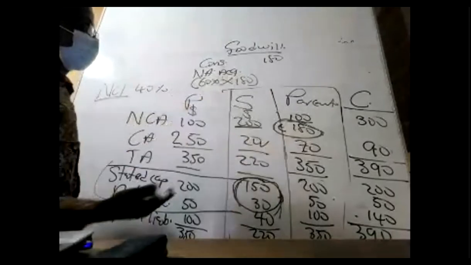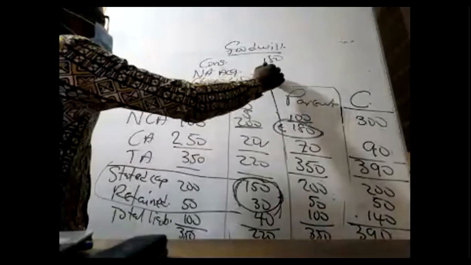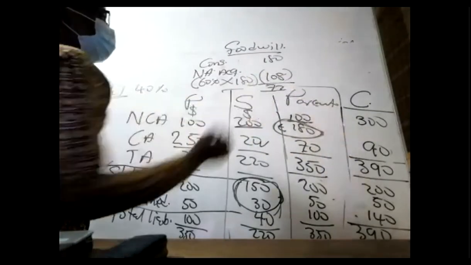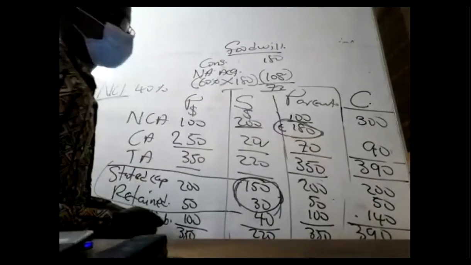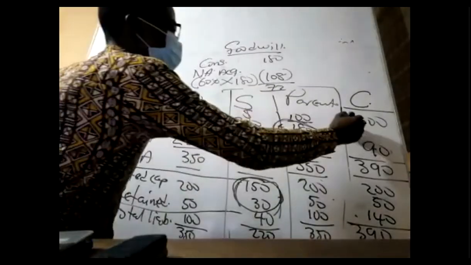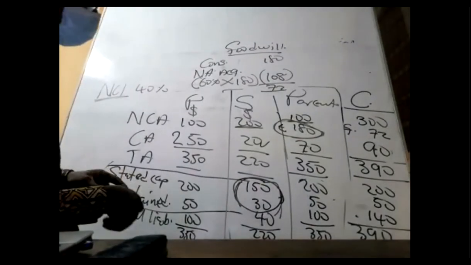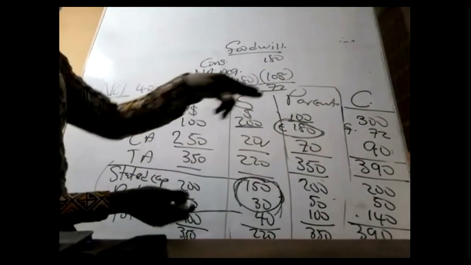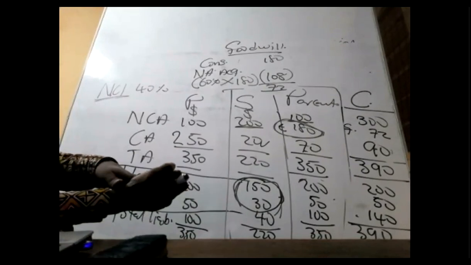Parent has acquired only 60%. So the 60% will give us 108. So therefore, the parent paid more by what? 72. So it's a goodwill of what? 72. The parent paid more by 72. So therefore, let's write goodwill 72 on the balance sheet from the consolidation. Okay. Now if I put 72 here as goodwill,